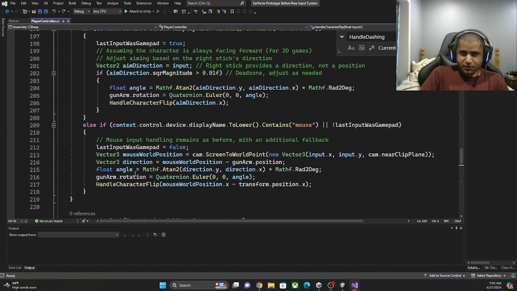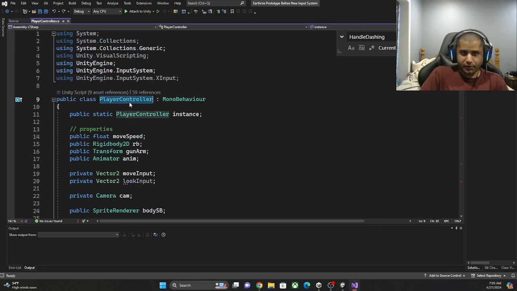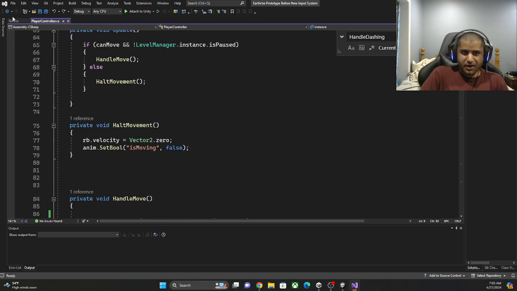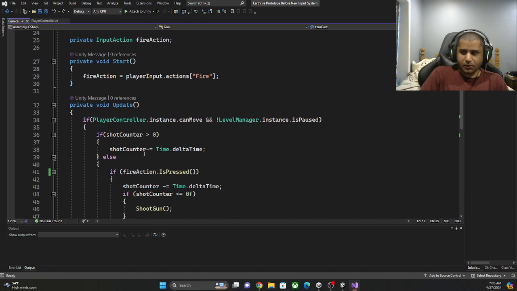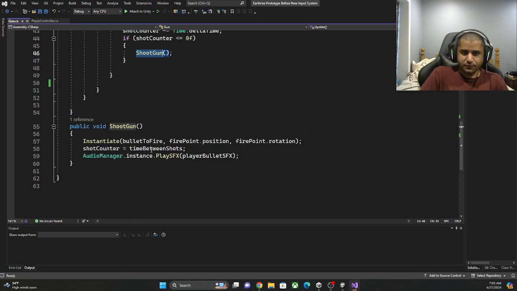So, let's go back here and see what we have. So here, we have the player controller. We're not going to clean anything up just yet, but what I wanted to really highlight here is how the user can shoot their gun. So like right here,